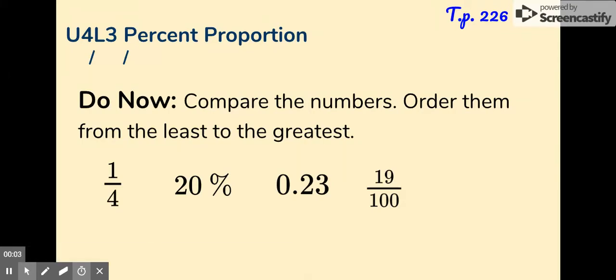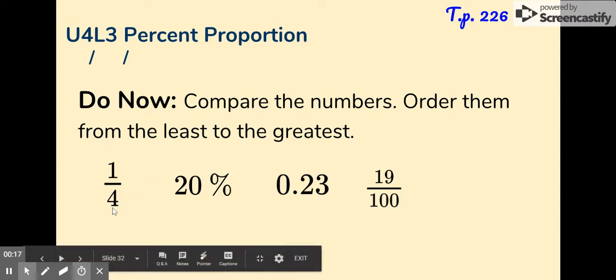All right, let's compare the numbers. They're all in different forms, so we better have the same form to compare. For today, I'm going to change everything to percent. Okay, so